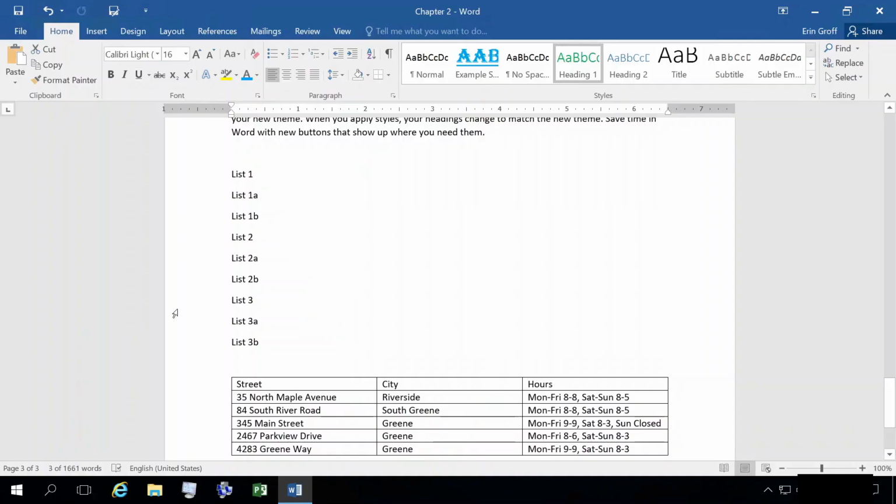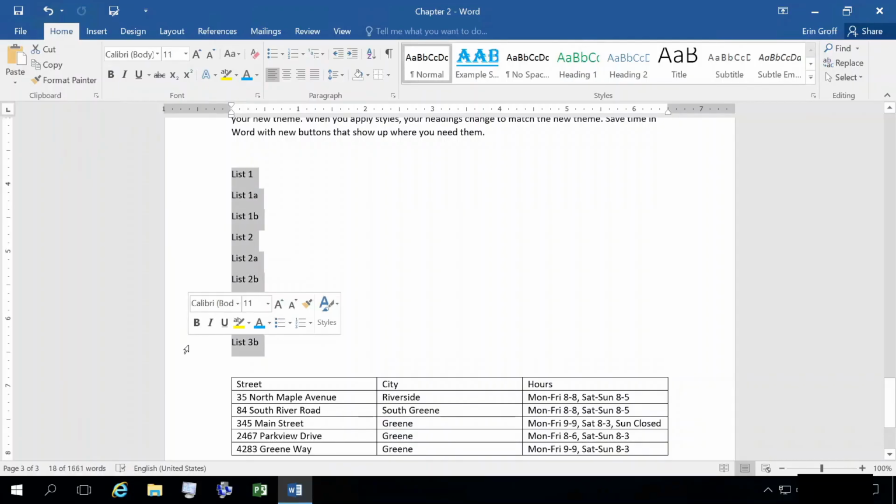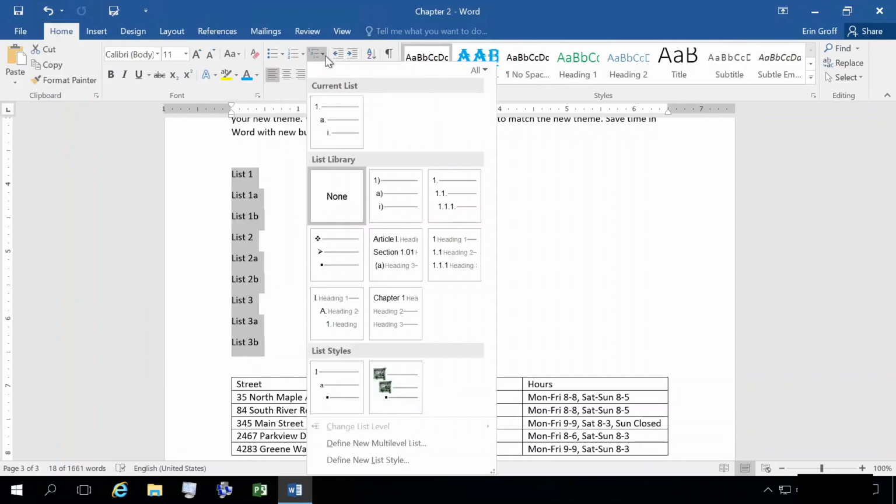So here I have a list that we're going to turn into a multi-level list. So I'm going to select my list, and on my Home tab in my paragraph group, I'm going to select my multi-level list drop-down. Now, suppose none of the pre-configured options were what I really wanted to use. Maybe I wanted to define my own bullet points and settings for my multi-level list. I can go down to Define New List Style,